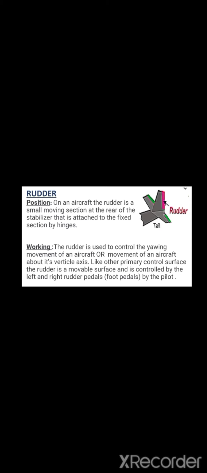Now let us understand more about the rudder. The rudder is a fundamental control surface typically controlled by pedals rather than a stick. It is the primary means of controlling the yawing movement of an aircraft. On an aircraft, the rudder is a directional control surface. It is usually attached to the fin or the vertical stabilizer, which helps the pilot to control the yaw about the vertical axis, which is the change in horizontal direction in which the nose is pointing.